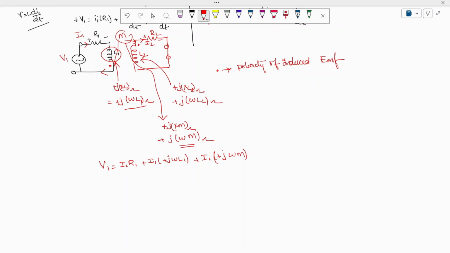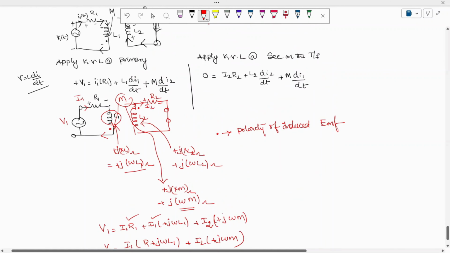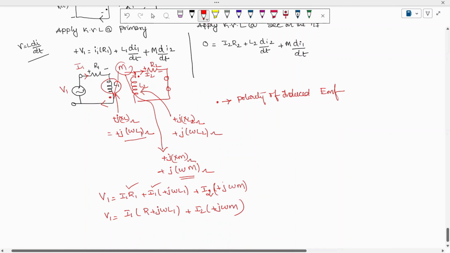So here when you take I1 as common, this mutual inductance is due to which coil? The second coil. So you can write V1 is equal to, taking I1 as common, R plus j omega L1, plus I2 into plus j omega M. This is how to write it with respect to that, but we transformed it. And coming to this equation also,